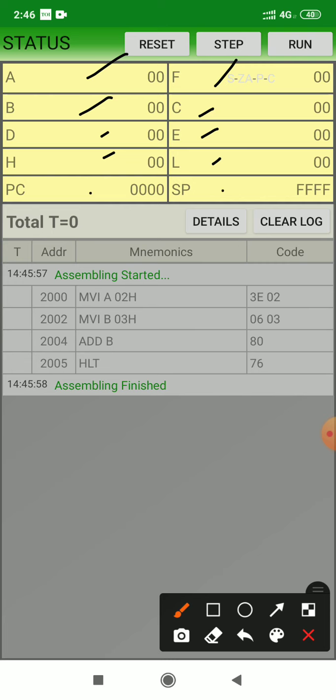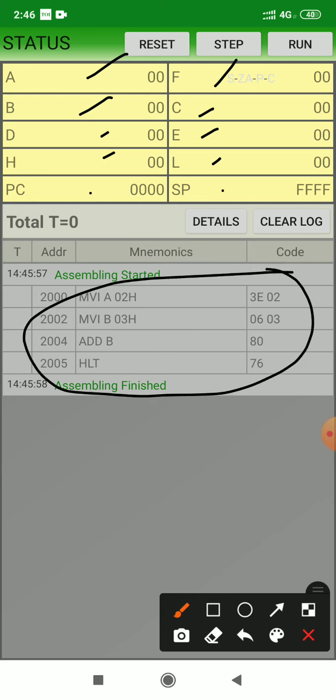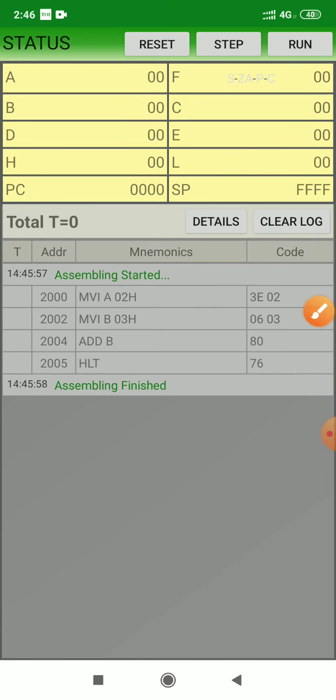All these registers are in reset state because we have not run the program till now. Fine. The assembling has started. Here you can see different steps have been written, what we have given in the program. So now we can run it.